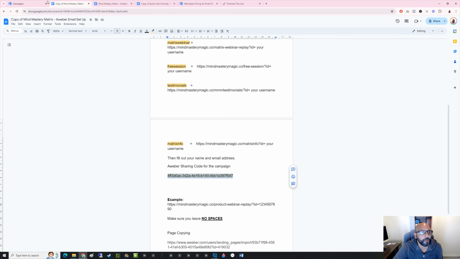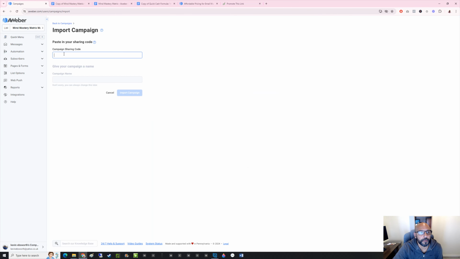Right click, copy, and then put it straight into the sharing code campaign area, and then name it. So I will put the name in here, like campaign 1